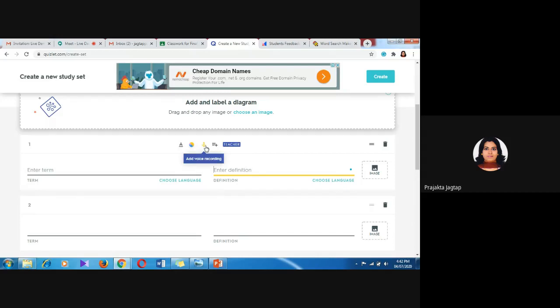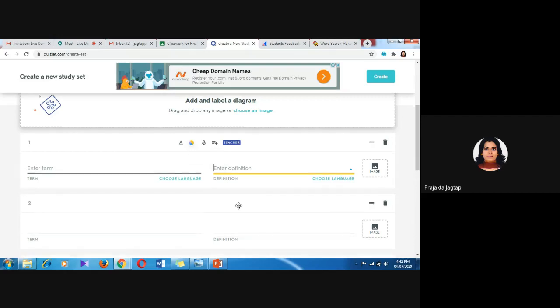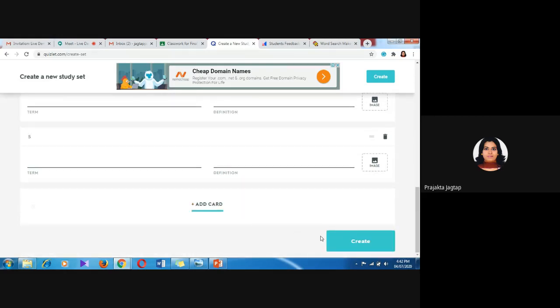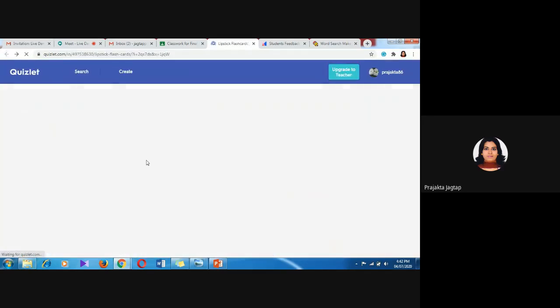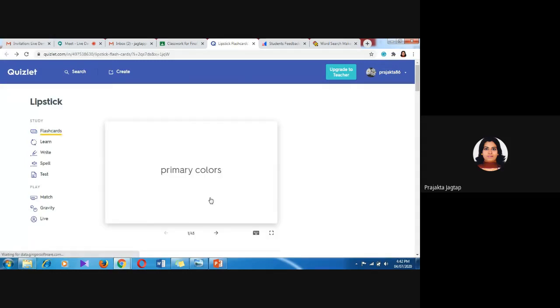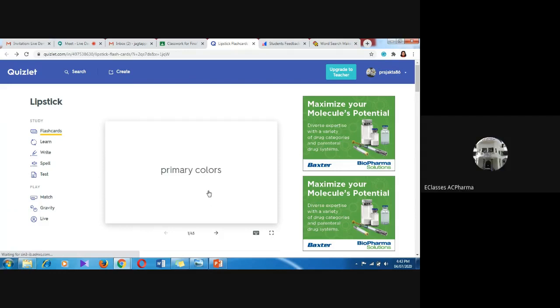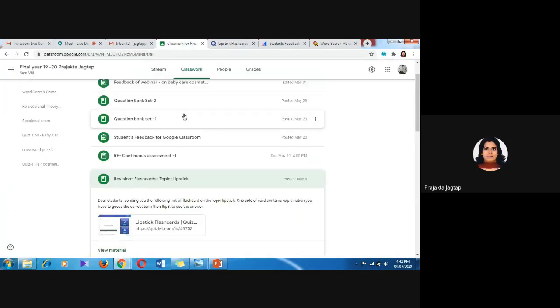By using this add voice, you can record your voice and give it to your flashcards. And after that, you need to click on create, and then such flashcards are generated. And this link you can share with your students on Google Classroom.